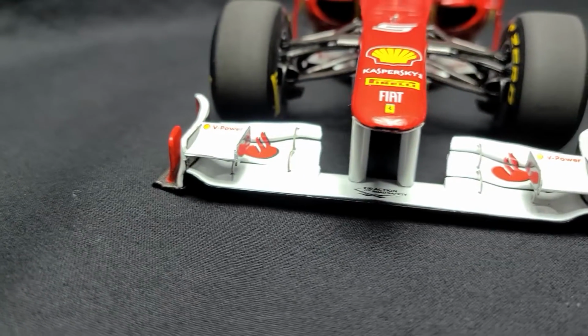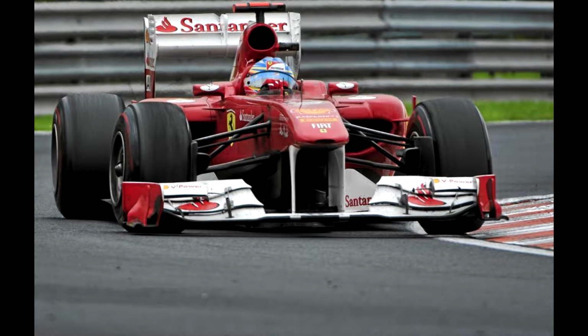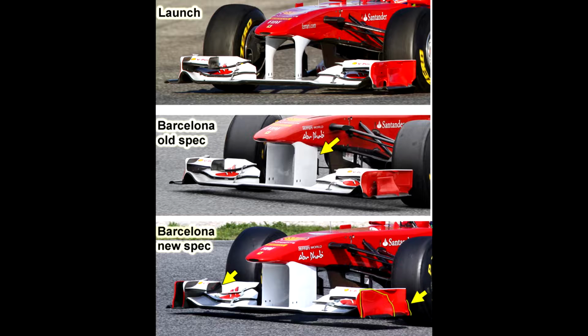The front wing of the car is based off the 3-element version seen in Turkey, but it appears to be much more square-shaped than the actual car. Ferrari did have several alterations of the front wing throughout the season, which is no surprise given how influential the front wing was on this generation of car in terms of downforce, drag, and overall flow down the rest of